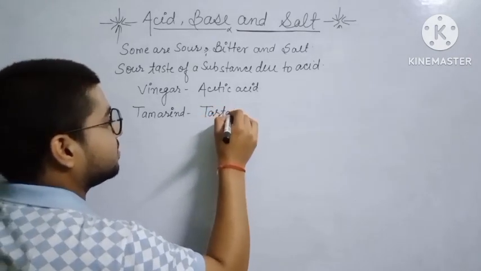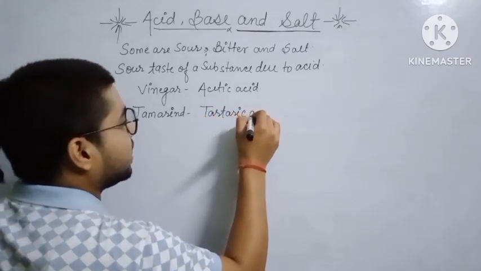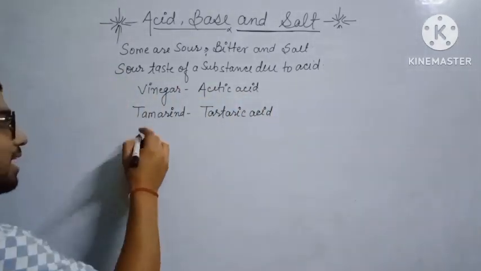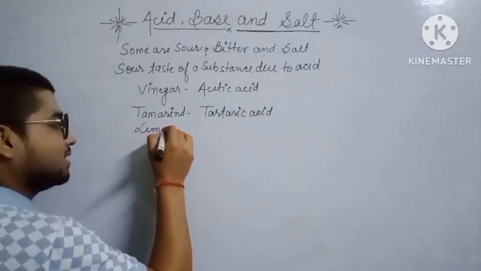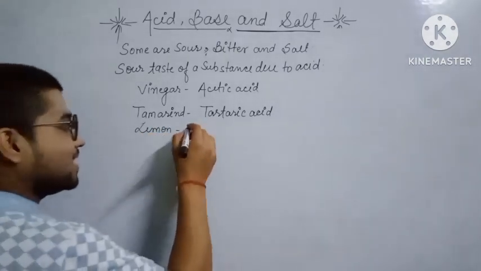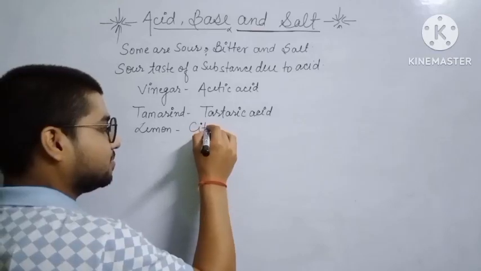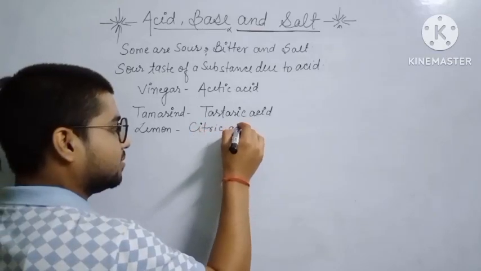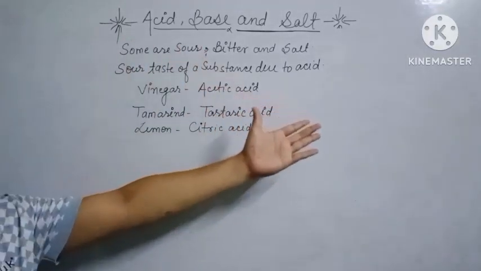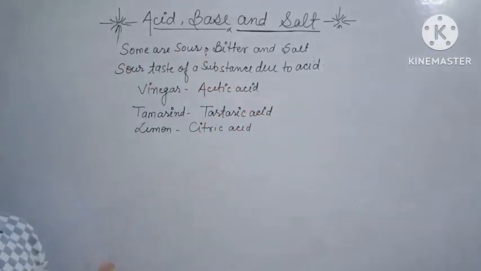tartaric acid, and lemon. Which acid is present in lemon? Citric acid. So, acids are those substances which are sour in taste,